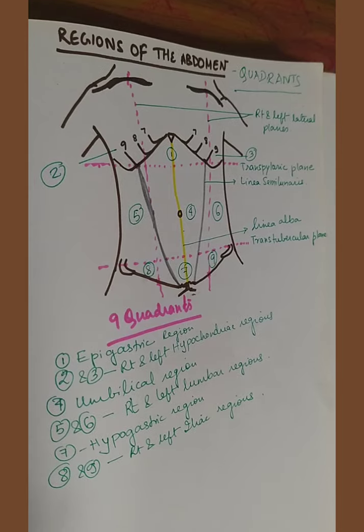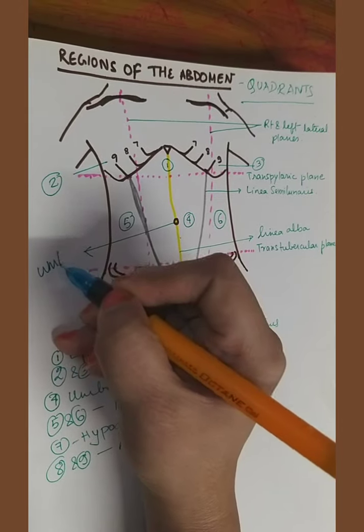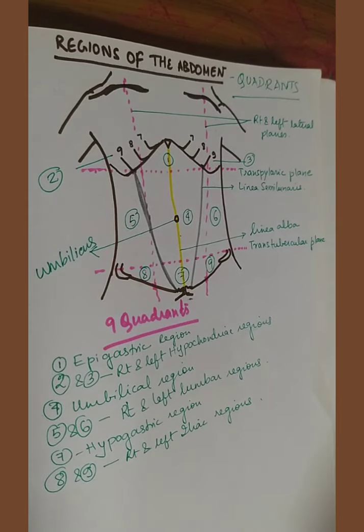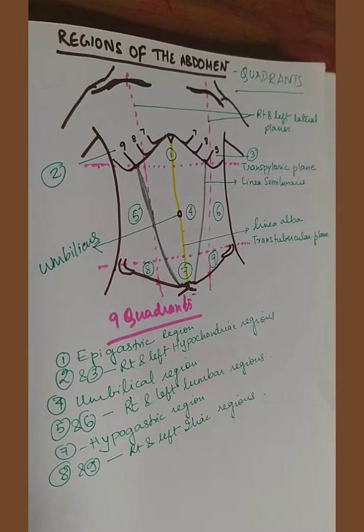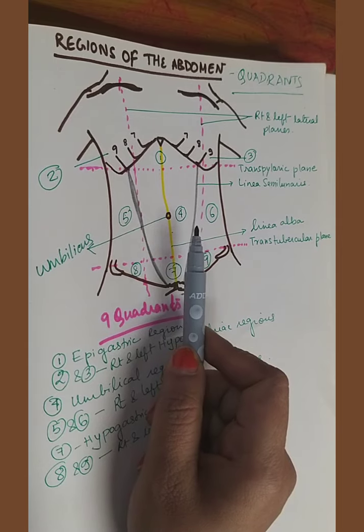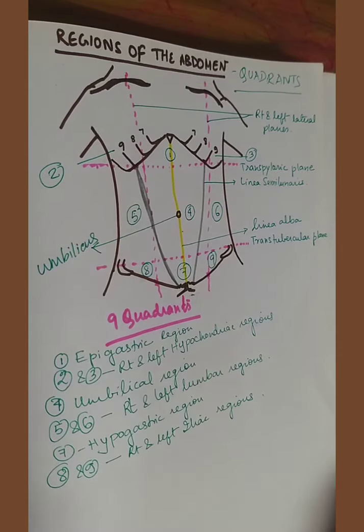And then you have the umbilicus. This is the umbilicus. We will discuss it in detail later. The umbilicus is a puckered depression, as we can see in the median plane, and in adults it usually lies at the level of the intervertebral disc between the 3rd and 4th lumbar vertebrae. In children, it is at a lower level.